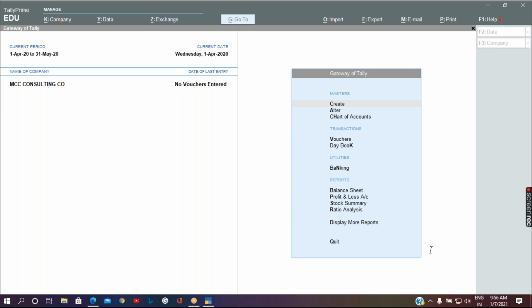So the next entry will be journal, which is used as an adjustment entry, which will be passed at the end of periods.